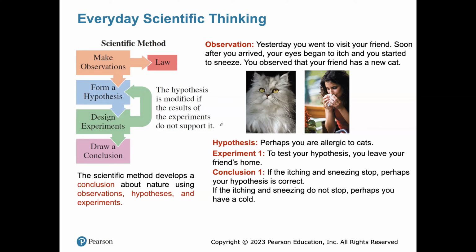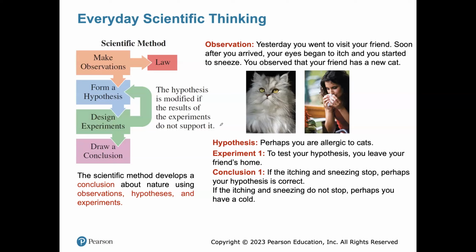So this is an observation. In a lab, observations include the measurements you do, the data you collect, and the experimental observations you see, like color change or precipitation formation. Those are all part of observations. Once you have this observation, you